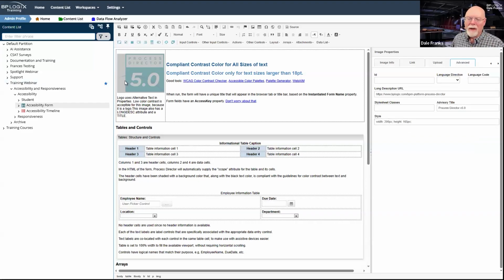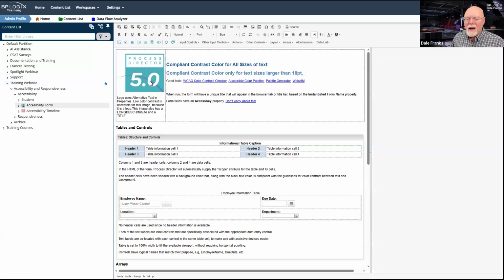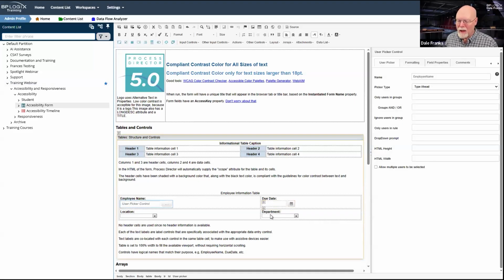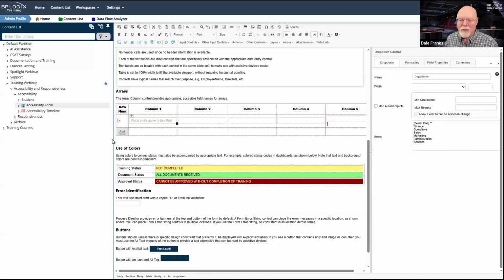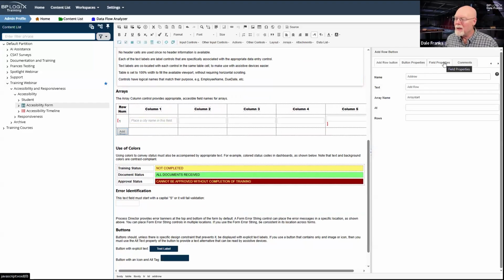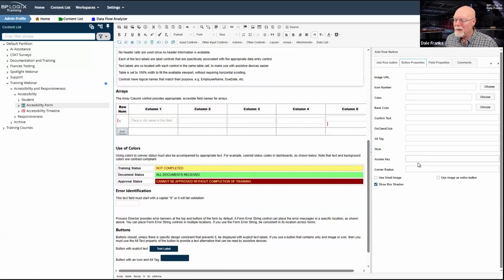Okay, so I've got all of the stuff for that control. Image controls have some special sauce that they need. In fact, any control that you see that has an alt property... where's a control? Let's see, button. Text array name. Okay, oh, there we go. Alt tag. It's right there. There's your alt tag property. So even buttons, if there is an alt tag property, need an alt tag property.